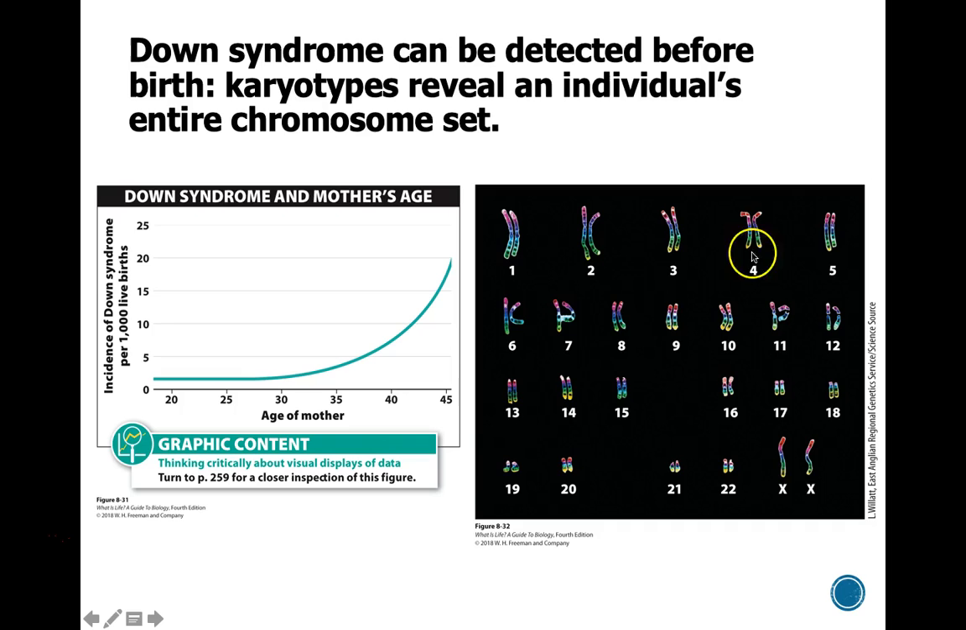So Down syndrome and the other trisomy disorders from non-disjunction actually increase with the age of the mother. And this is really interesting because for a long time they didn't know why this actually happened, and they think that it is due to a problem in meiosis, basically because